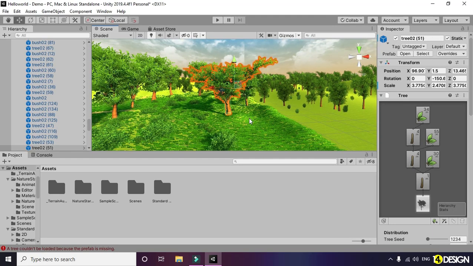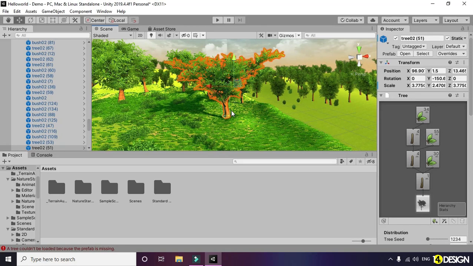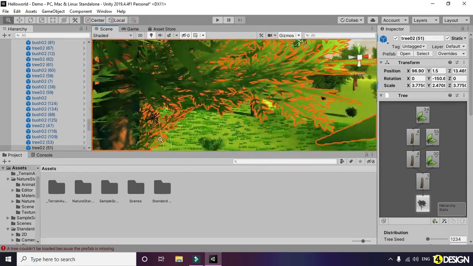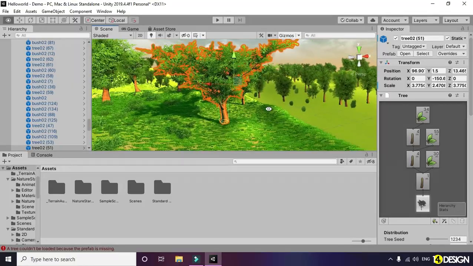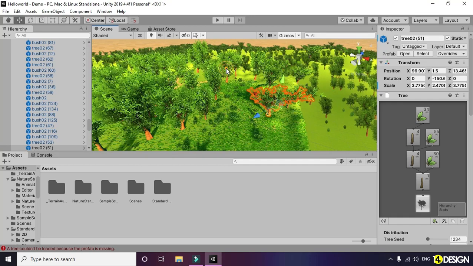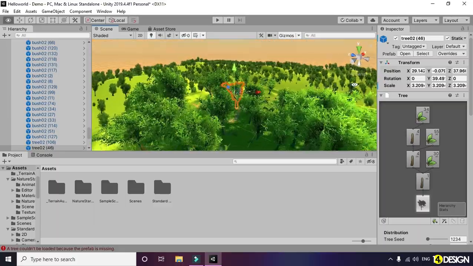Regarding viewport navigation, we press Alt and left click to rotate. We scroll to zoom. We can also hold Alt and drag the right mouse button for focus zoom. Now to focus on a selected object, we just select that object and press F. It's gonna be focused and centered automatically.